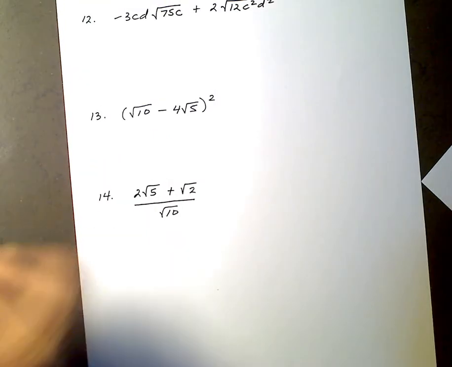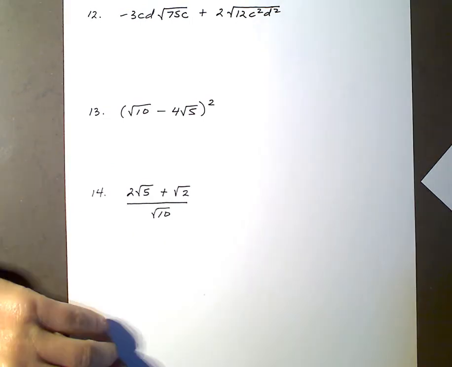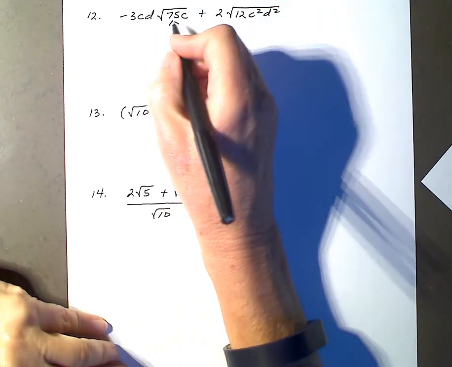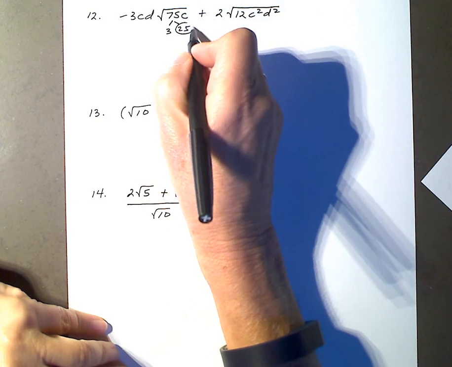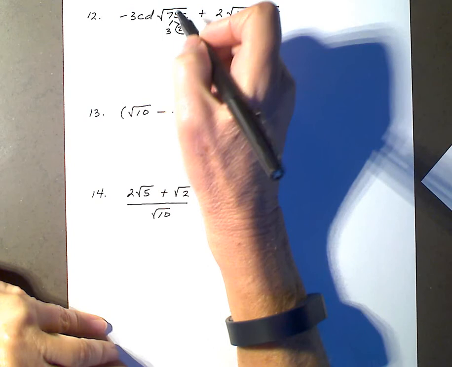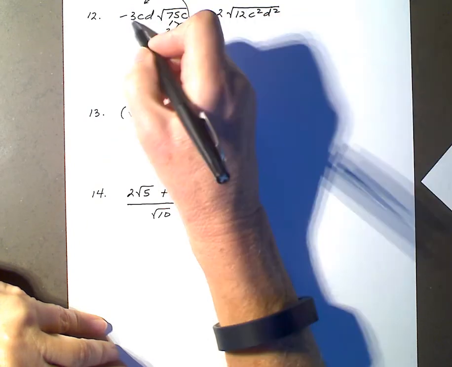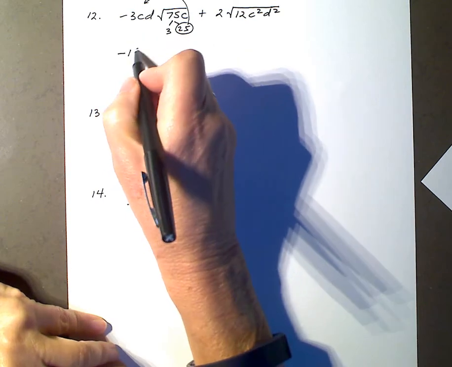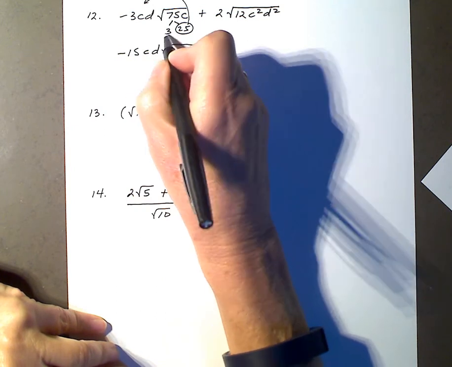Okay, this is addition and subtraction. Now, to add and subtract radical terms, I need to simplify each one first and see if they're like terms or like radicals. So I know I have, this is a 3 times a 25, so dealing with square roots, the square root of that 25 is going to come out as a 5 and multiply by that negative 3 CD. So I'll have a negative 15 CD times the square root of the 3 and the c stayed in,